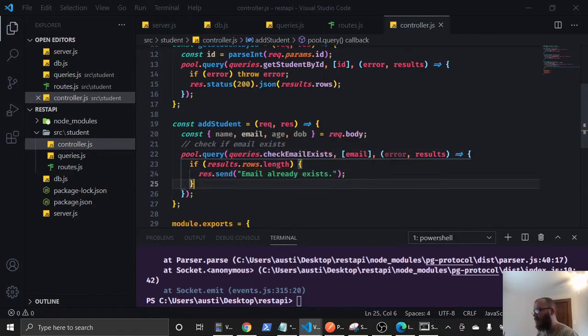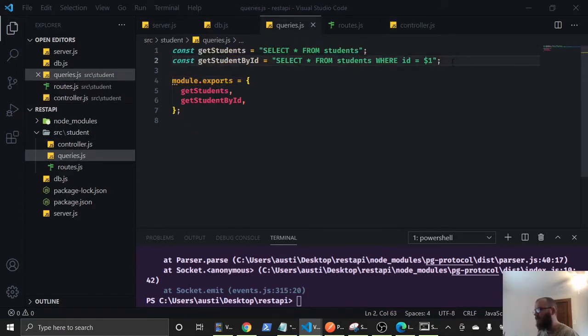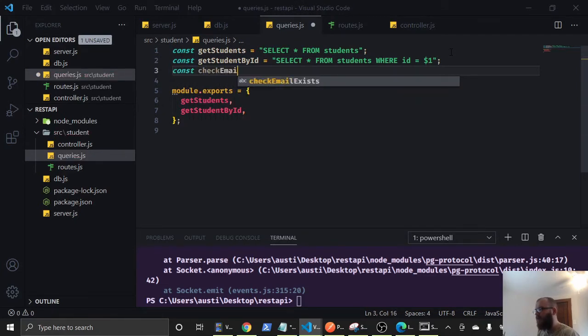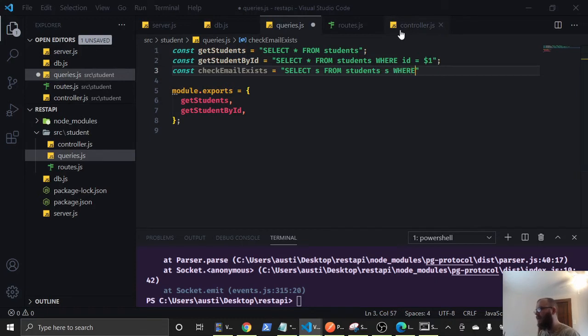We didn't write the query to check if it exists yet. So let's head over to our queries file, const checkEmailExists equals select, and we're going to use an alias for student here so we can access different properties from that alias, and I'll show you what we mean here. So select s from students s, s is the alias, where, and here's where we get the property of that alias, so s.email